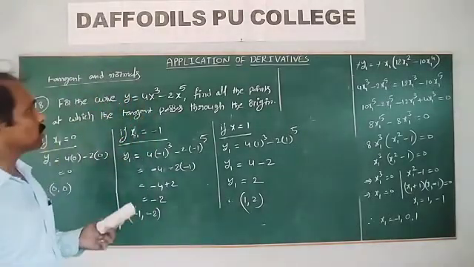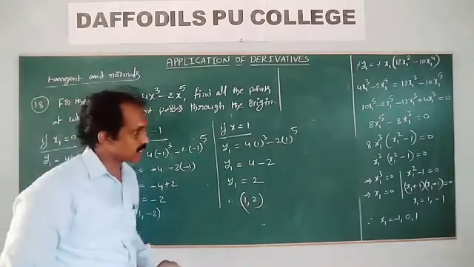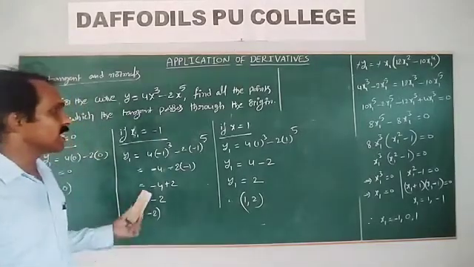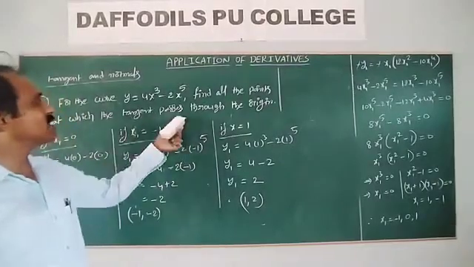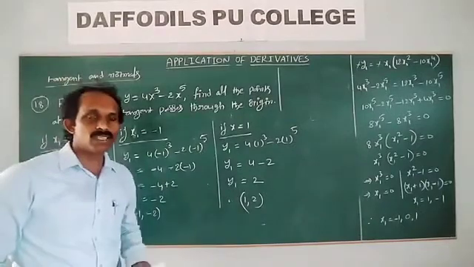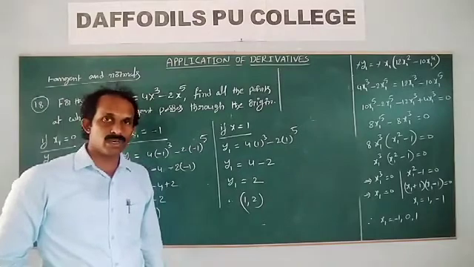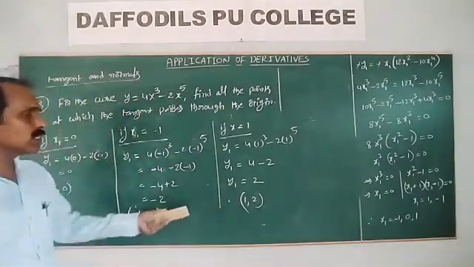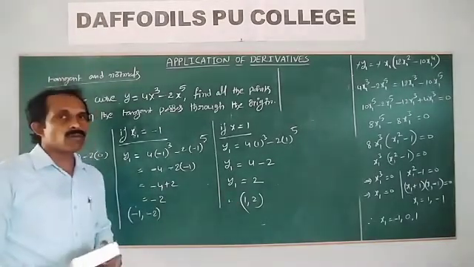They ask for the curve, find all the points at which the tangent passes through the origin. First of all, from this curve, find out the slope, and next, the equation of the tangent. From that, the given condition. What is the given condition? The tangent is passing through the origin. Substitute the origin value 0, 0 in place of x and y. You get x1 values minus 1, 0, 1. And we again substitute in the curve. So then the points are 0, 0, minus 1, minus 2, and 1, 2.